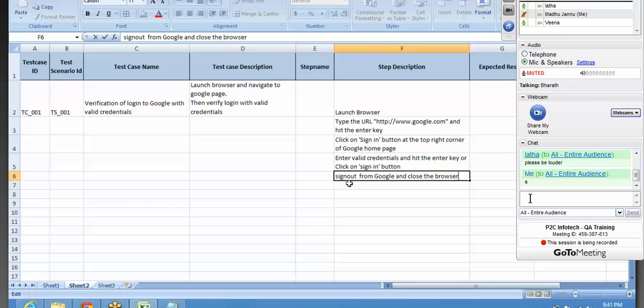So we have to sign out from the Google page and close the browser. So these are different steps which we follow